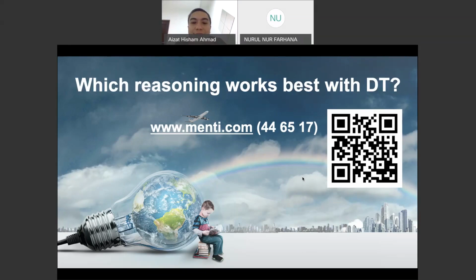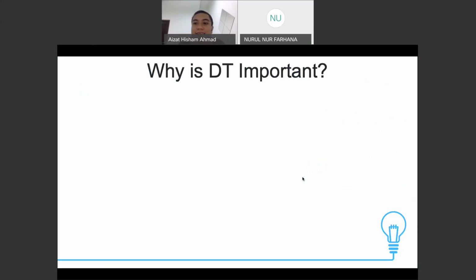Now, the reasoning that is always associated with design thinking is abductive, which means that there is more than one way of how to observe and perceive things for a particular reason when you think about it. Okay, so hopefully everyone is clear. All right, this is an important concept where the reasoning is abductive when you are doing design thinking. Okay, all right, so now we will go a little bit more into technicalities.